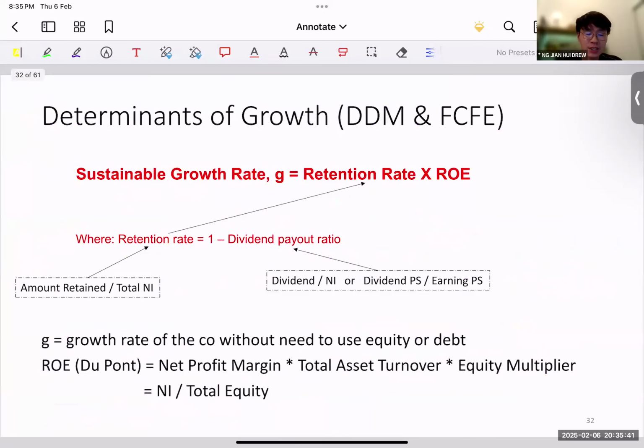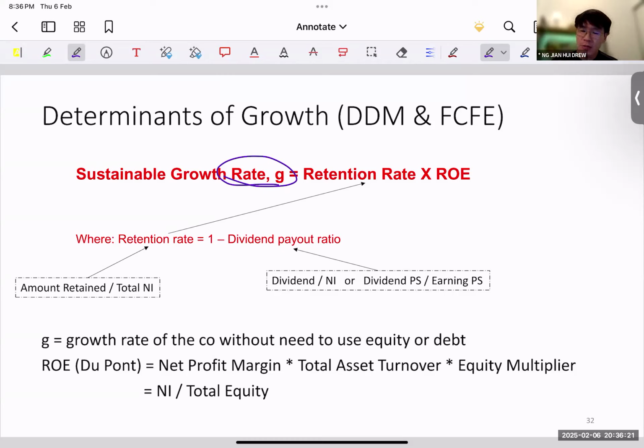Okay, so recall I mentioned, how do they determine the growth factor? The growth factor is based on this concept of sustainable growth rate, g. Let's think about it in a simple sense and not go into the whole detail of retention ratio and all. In layman's terms, to determine the growth factor is basically to ask what is the growth of the firm if the firm is not going to use debt or new equity. It's just going to generate growth internally. Take this idea: generating growth internally.